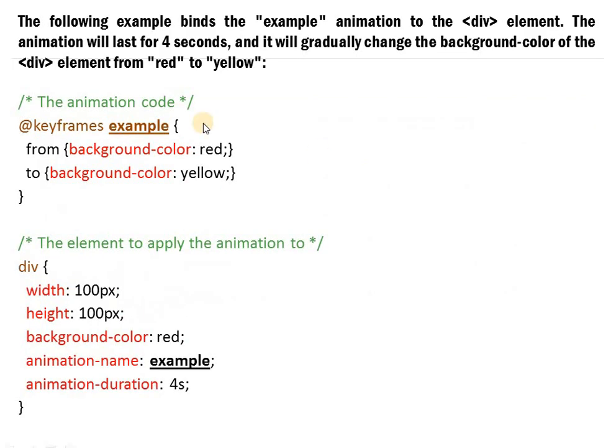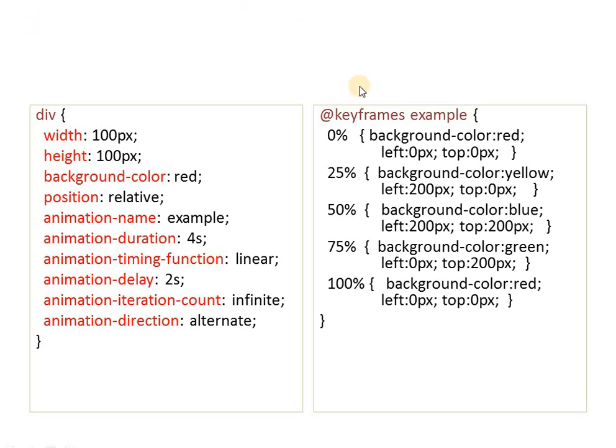In the previous slide you can see that our whole animation is included in this from to to, that means from background color red to background color yellow. Okay, this was your animation, but over here look at this. We have separated the duration of our animation in terms of percentage. That means for a particular percentage of completion of the animation, this is your animation. After that, this is your animation.